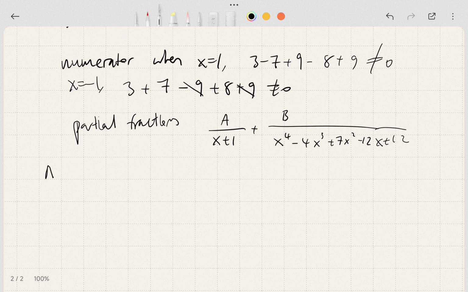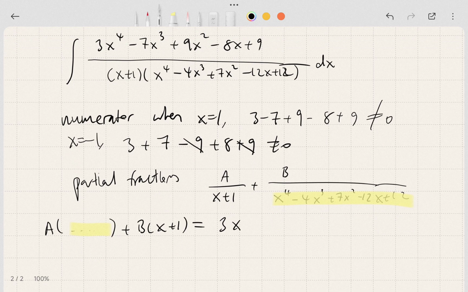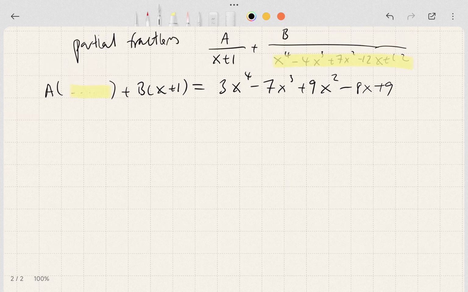We get A times blah blah blah. Let's just highlight the whole thing. A times that plus B times x plus 1 is equal to 3x to the power 4 minus 7x cubed plus 9x squared minus 8x plus 9. So